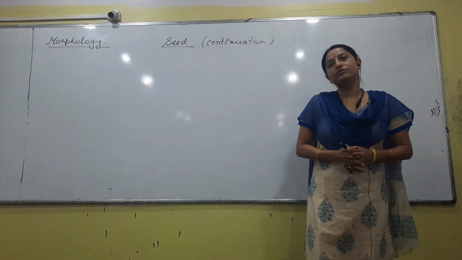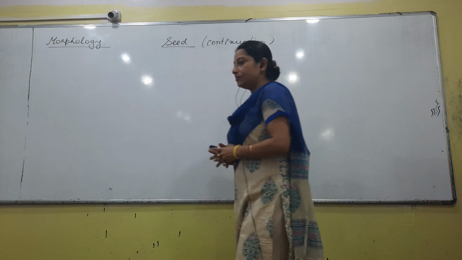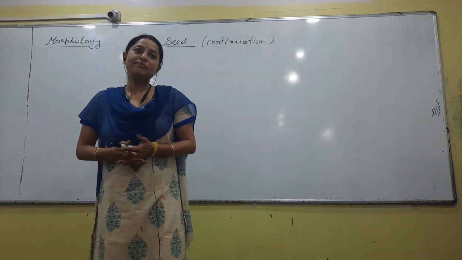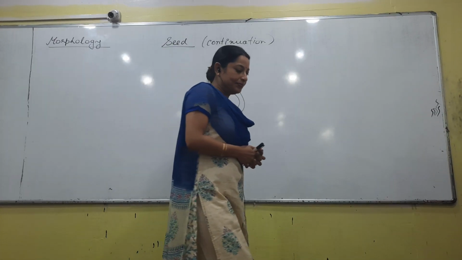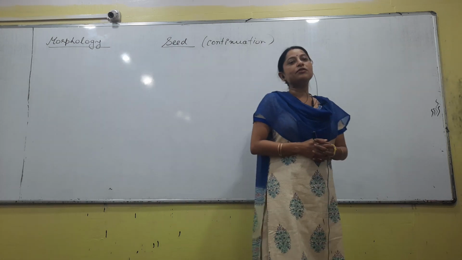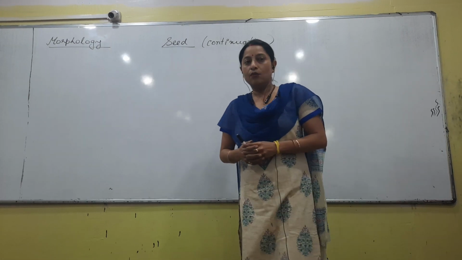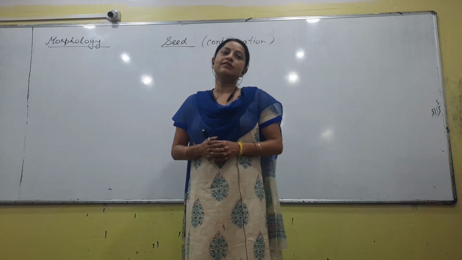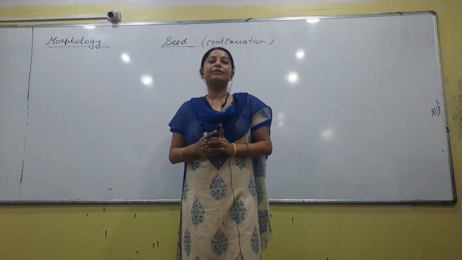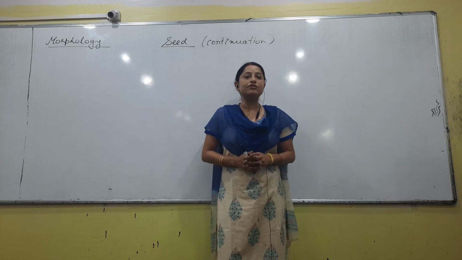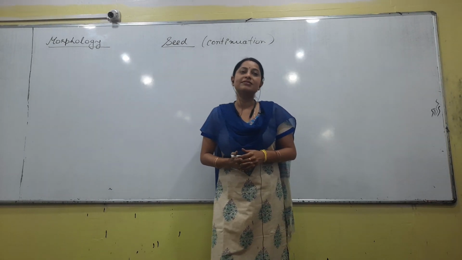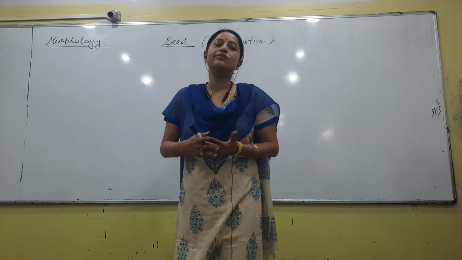Endosperm present or endosperm absent. And what is endosperm? Remember, we have talked about something called double fertilization. I have shown you a diagram where we also discussed the presence of two male gametes in a pollen tube. One male gamete goes and fuses with the egg and forms a zygote, and the zygote gets converted into the embryo.